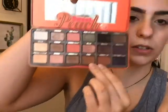I am gonna start by taking, which are these two shadows right under here. This is the Too Faced Sweet Peach palette. I'm only using three, I'm using kind of 3 palettes today, but not really. You could easily find these or swap out your own. You basically just need a medium orangey brown type color, or a warm brown, and I'm just gonna pop that right in my crease